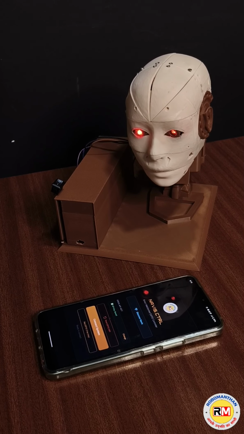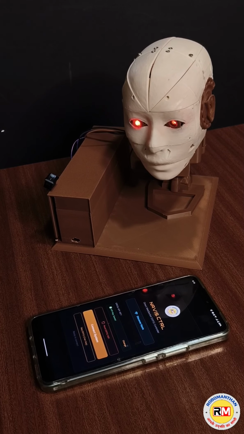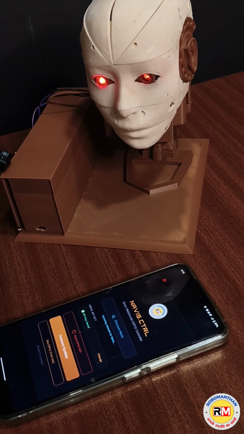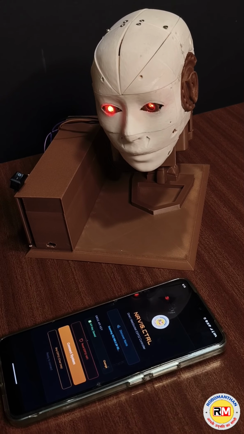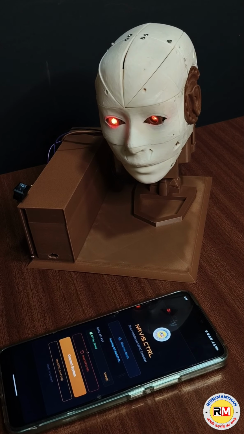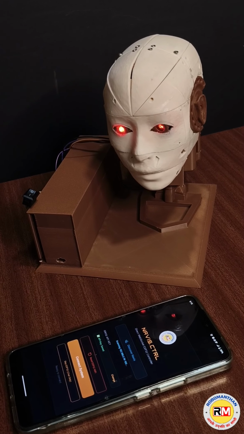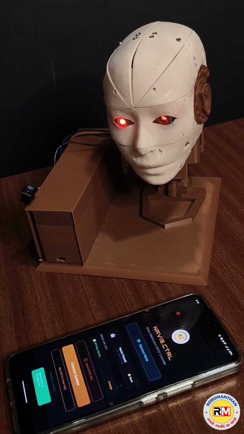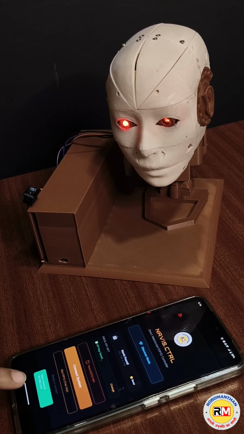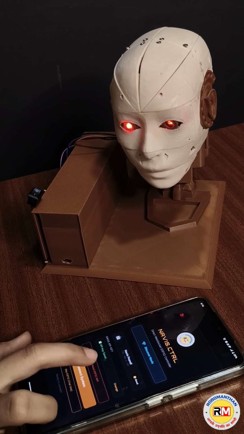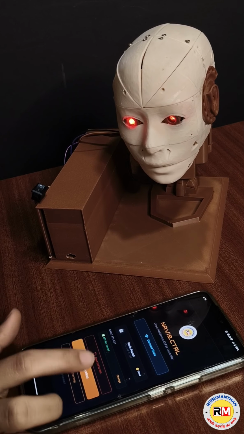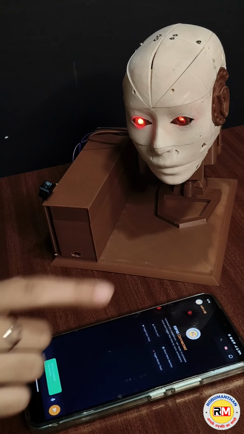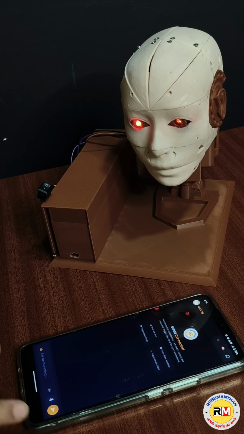So once the Wi-Fi credentials are saved, open the app named Navis, and then you can see Discover Navis. If you click on that, it will scan for the network that is connected to the Navis model, and it will give you the IP address of the model. You can see that Navis found at the particular IP address, and then the Grok API key will be given to you, which you can paste, and then you can connect the system. And now you can see that the chat has been opened.